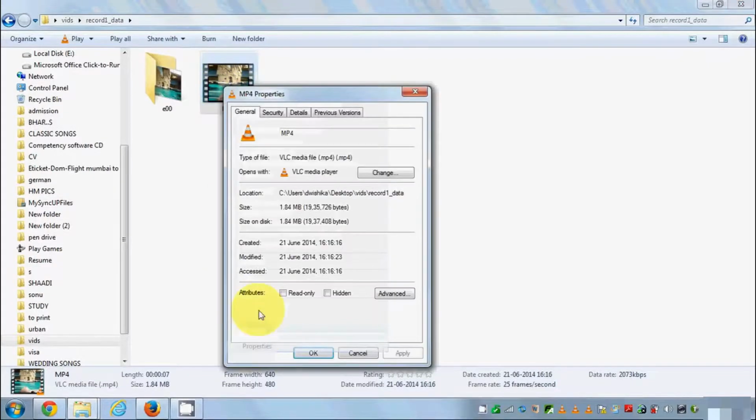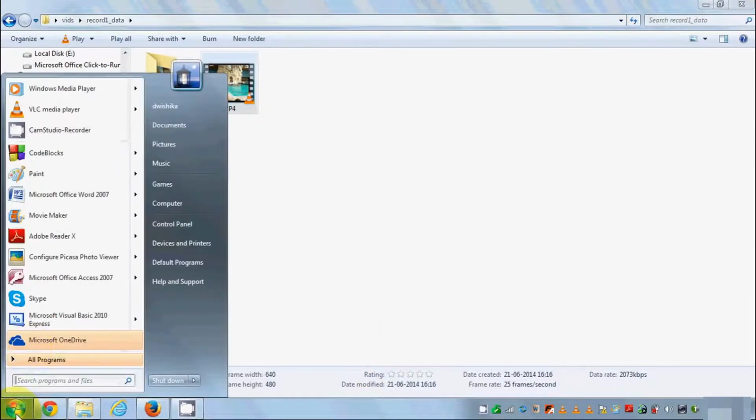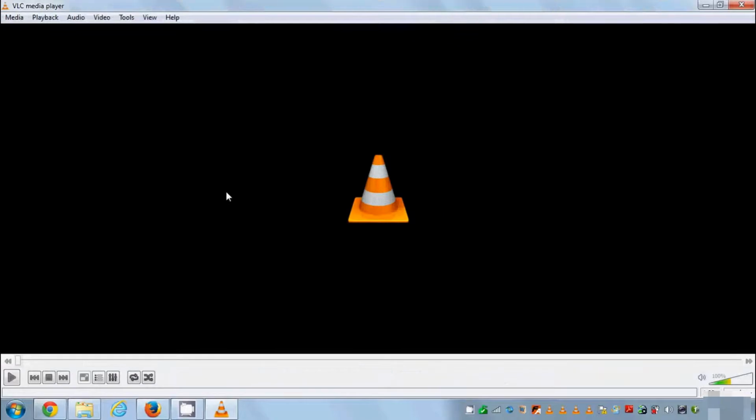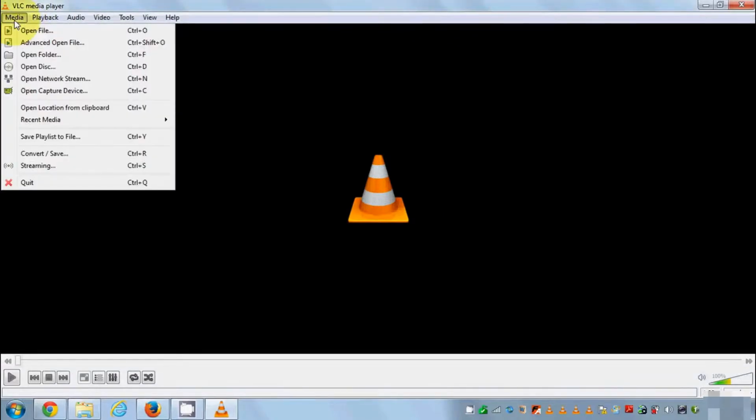Let's see in the properties. This is a MP4 file .mp4 as you can see. So open your VLC Media Player. You can download it for free from its website, and then just go to media and go to convert save,